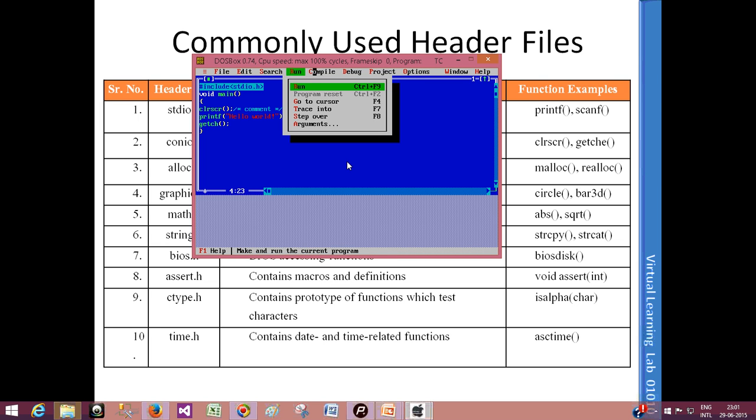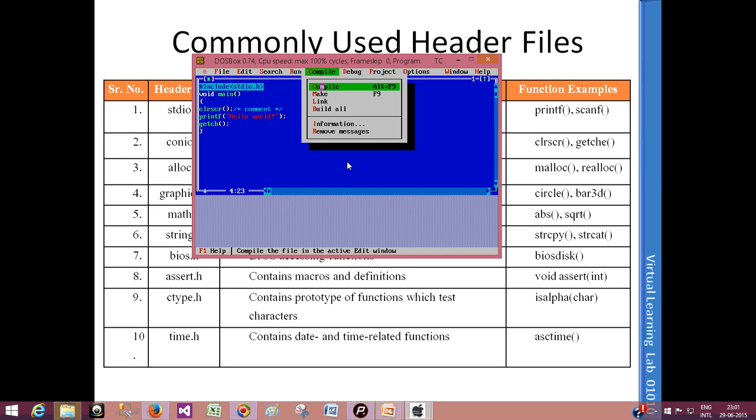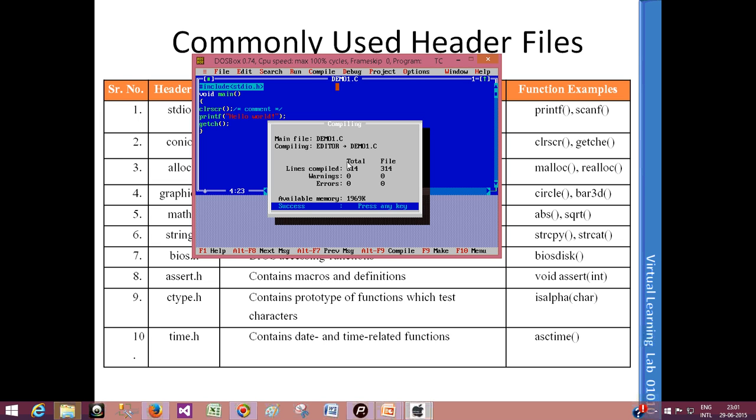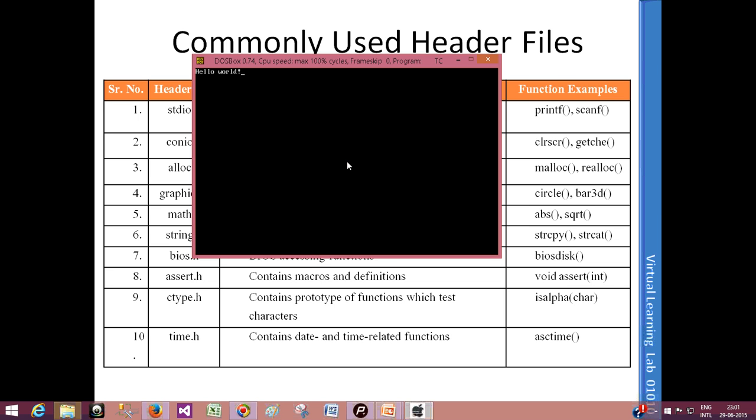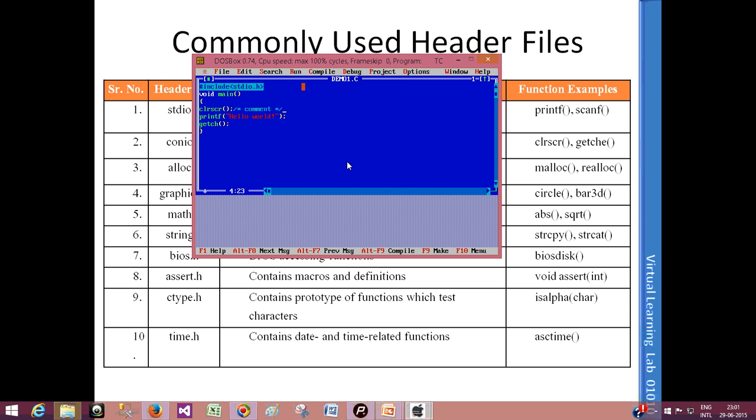So we can compile it first. Alt F9 is a shortcut here, and compile it. If there is an error, it displays the error, and then you run it. Run. Hello world is there. So if you are not using this, if I make it a comment,